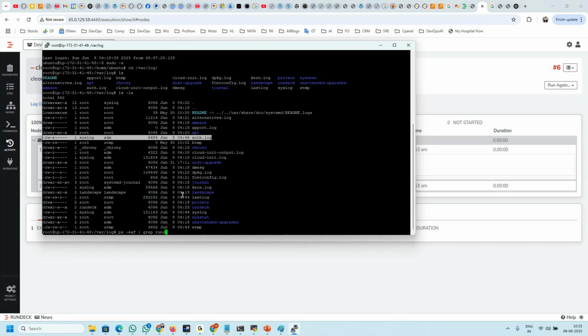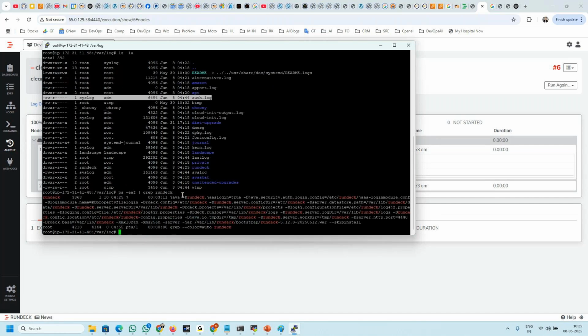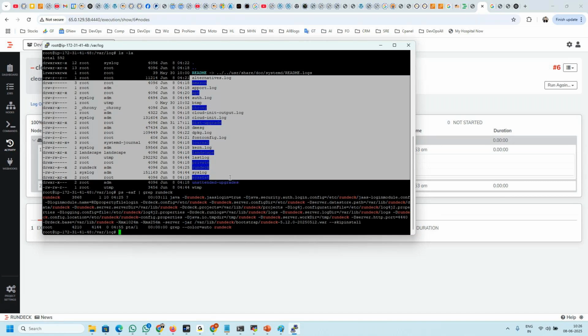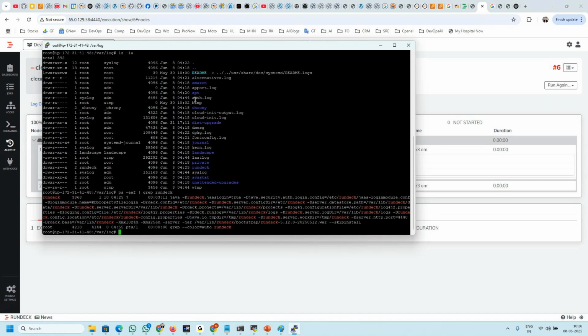Grep rundeck. See here, this is the user who's running your Rundeck. So what to do now? This is the admin work. You can add Rundeck into some of the groups where you have wide privileges. That's one option. Second option, what you can do, just to avoid this,